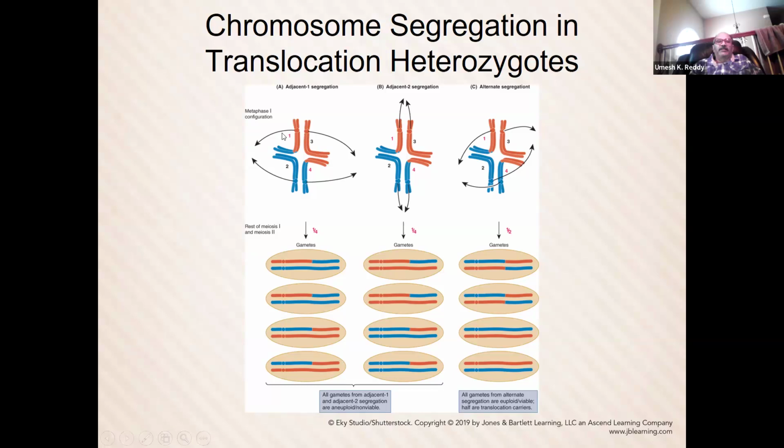Why is it quadrivalent? Normally, if it is one single homologous chromosome pair, it is bivalent. When the 4 chromosomes join together like this because of translocation, this is called quadrivalent. So this quadrivalent can separate in different ways during the meiosis. The spindle fibers will bind to the centromere and pull in one direction, like this 3rd chromosome and 4th chromosome go to one pole, and then this chromosome and this chromosome, 1 and 2, go to the other pole. Okay, so with this,